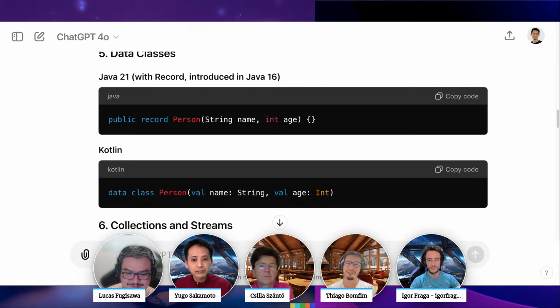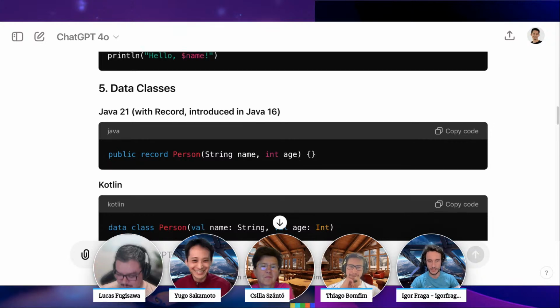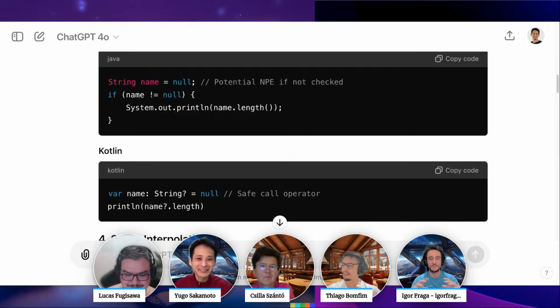Amazing. You're trying to convince me to go to Kotlin. They have solved a lot in this language. As Lucas mentioned, they took all the troubleshooting, all the problems from many languages, from many developers, and put it all together. Here's the solution for it all. So yeah, it looks very promising.